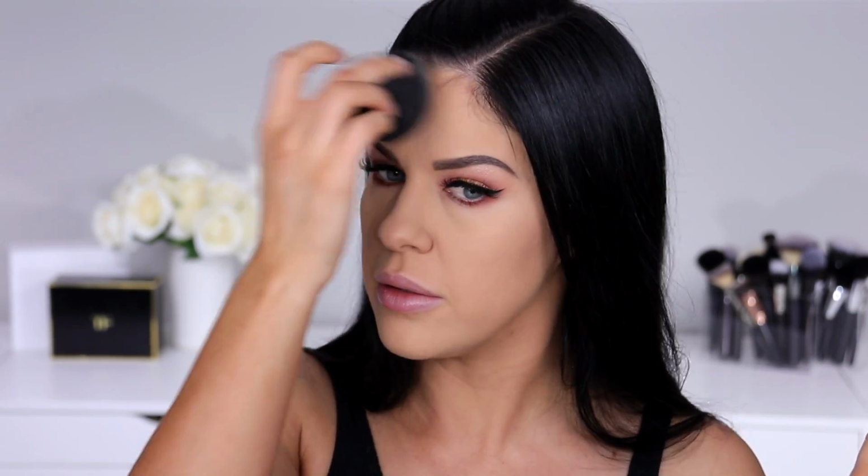And I mean, of course I was obsessed with it. You're always obsessed with something until you find something better. But do you guys think it's made my foundation look a little bit lighter? Let me know in the comments. All right, moving on to bronzer, and I am not at all surprised that this is in